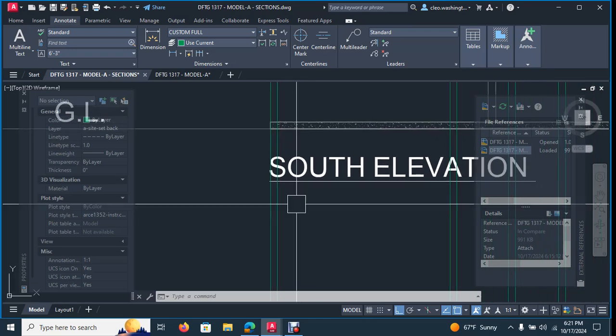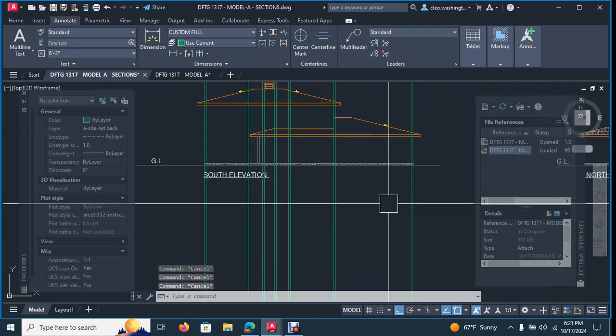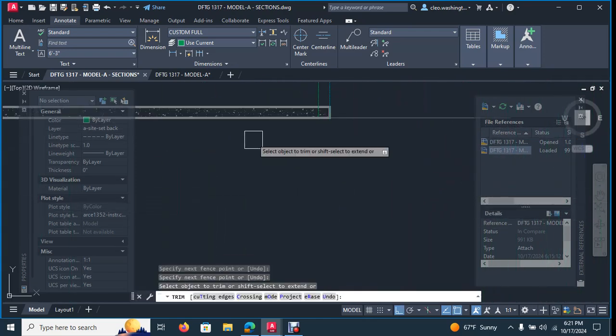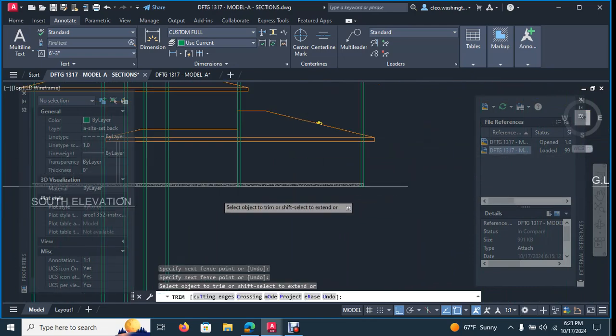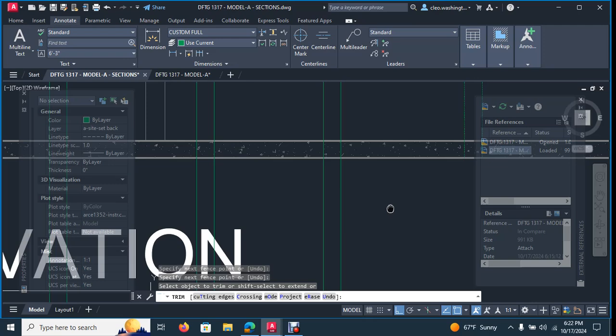Let's go ahead and start cleaning this thing up some at the base. So type in TR for trim. Let's go ahead and trim that like that. Because what's happening is,